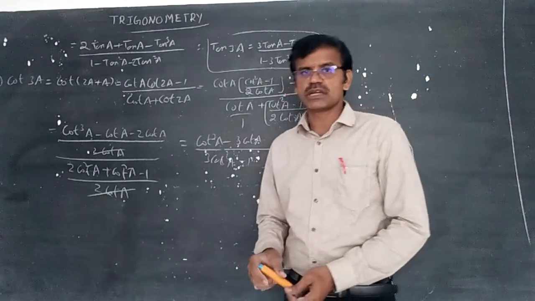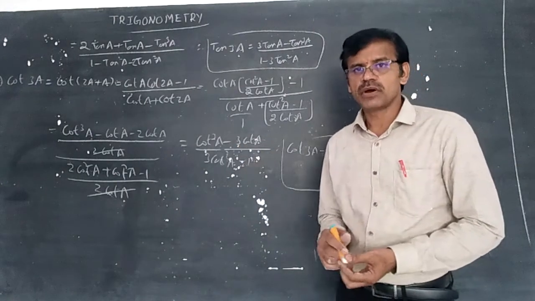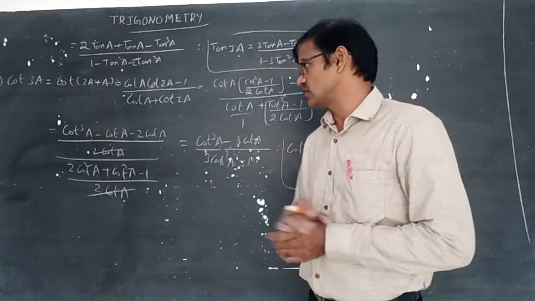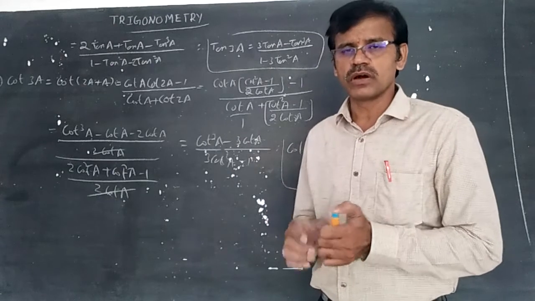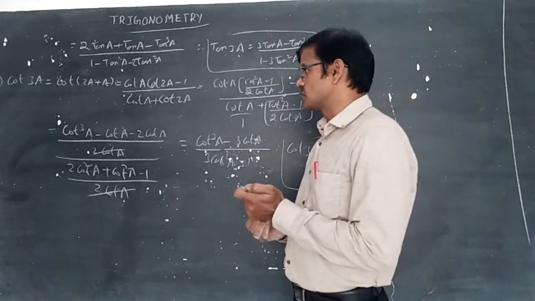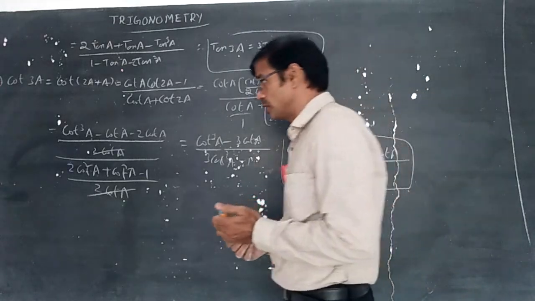Sin 3A, cos 3A, tan 3A and cot 3A: these are the 3A formulae. It is very important to remember sin 3A and cos 3A. Sometimes you may need to remember tan 3A. Cot 3A is very rare. You can see the cot 3A formula only in objective questions, but it is not at all important for IPE. For objective, you need to remember the formula of cot 3A. Of course, secant 3A and cosecant 3A are not needed.